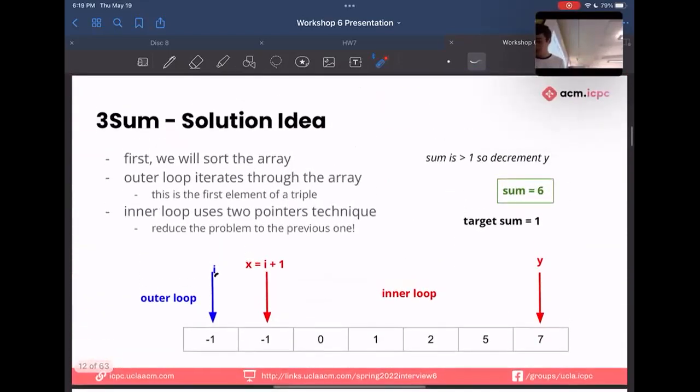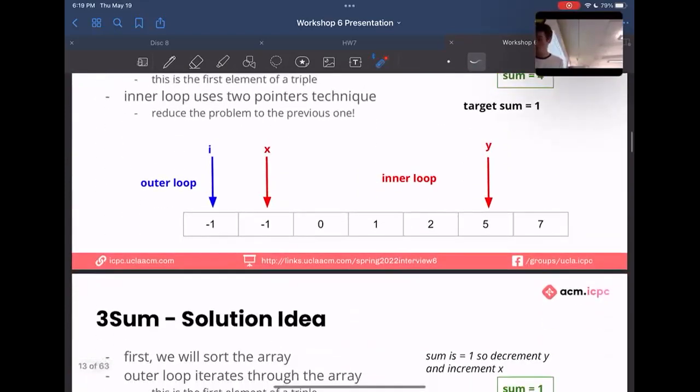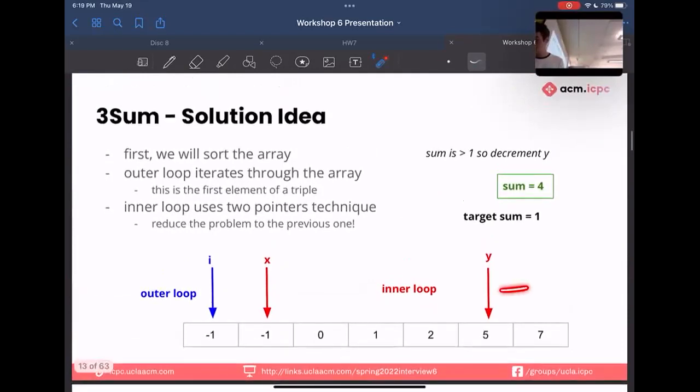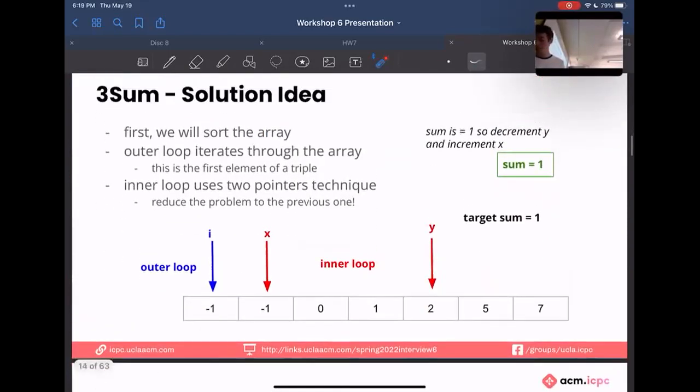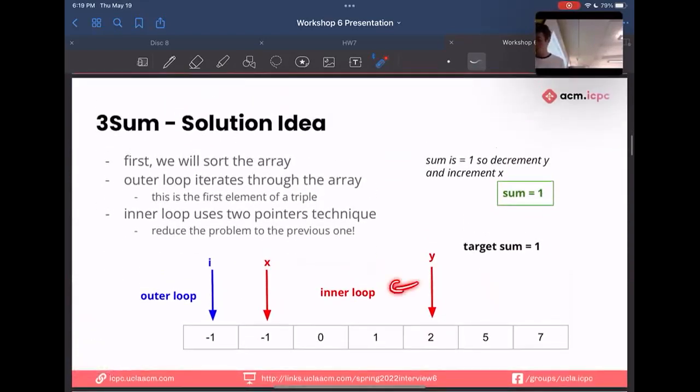So we see that now the sum of our 2 elements is 6, which is greater than our target sum. So we move our larger index to the left, to decrease the sum. Now the sum is 4, still larger than the target sum. So we move one more to the left. Now our sum is exactly 1. So we'll store this triplet into some data structure, array, vector or set or whatever we use in our actual